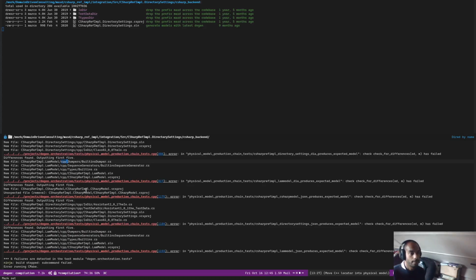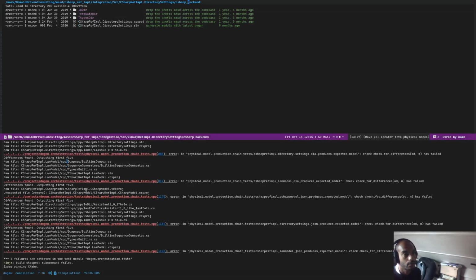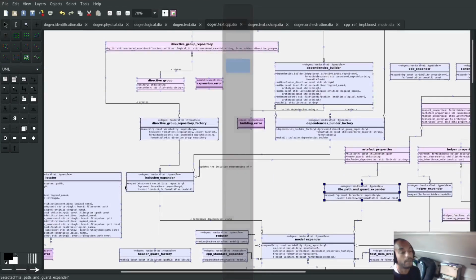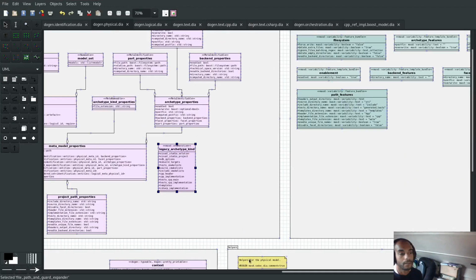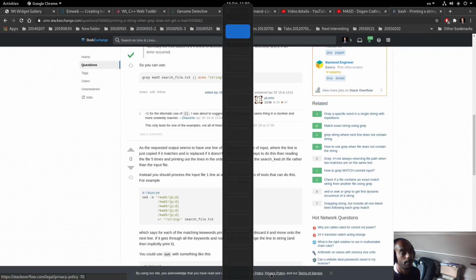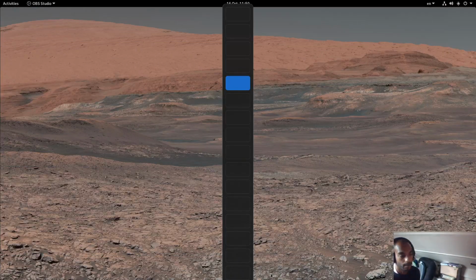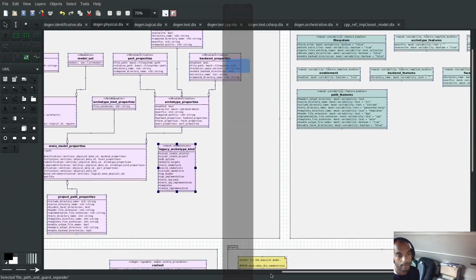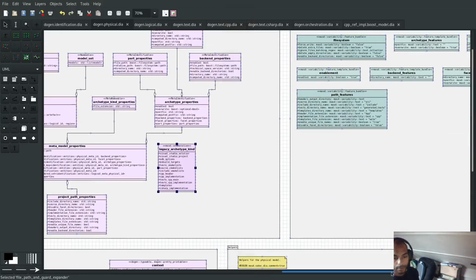So there are two bugs in effect. The first bug is the directory for C# is CPP, which should have been CS. The second bug is it should have been overridden, and it should have been overridden to C# backend. And once we resolve those two problems, we resolve it. So let's think about this for a second. Where is this all coming from? This is all coming from the changes that we've done to the physical model. How are we doing for time? Rushing an hour, so might not be able to get to the bottom of this. But